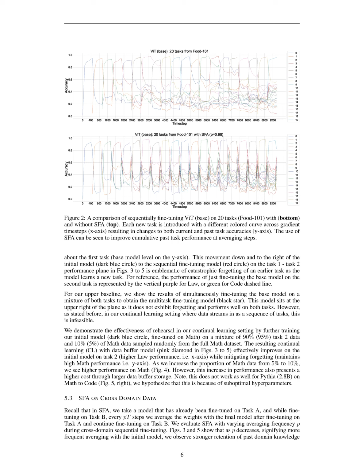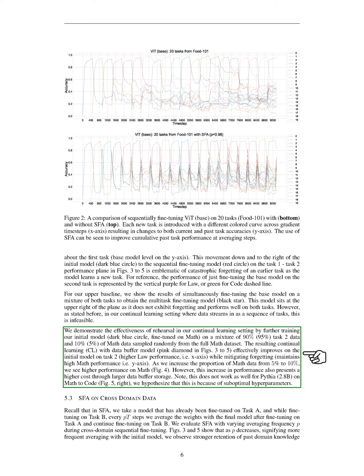Section Summary. In this section, we test the robustness of our sequential fine-tuning approach, SFA, by examining how well it mitigates forgetting when transitioning between dissimilar tasks, such as math to law or math to code. Our findings reveal that while sequential fine-tuning improves performance on the second task, it often leads to significant forgetting of the first task. However, employing a rehearsal strategy with a data buffer allows us to enhance performance on the new task while preserving knowledge from the previous one.